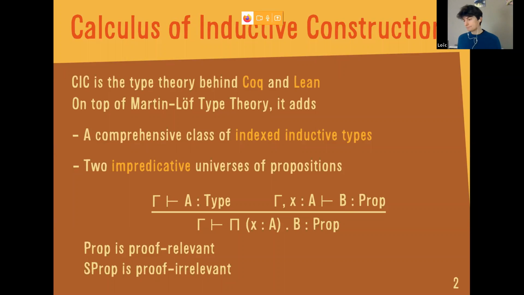You can compare this behavior with the universe Type, which is not impredicative, because it's actually not a single universe, but really a hierarchy. The universe Type 0 is smaller than the universe Type 1, which is smaller than the universe Type 2, and so on. Then when we form a dependent product whose codomain is a type and not a proposition, the sort of the dependent product has to be larger than both the sort of the domain and the sort of the codomain.